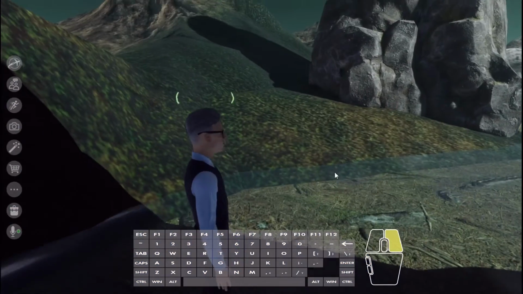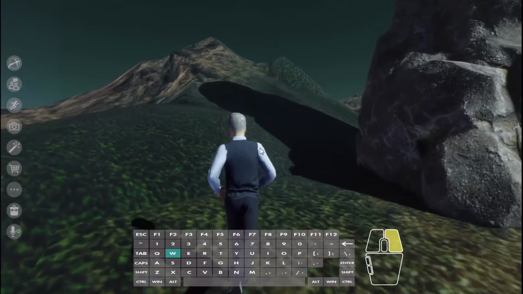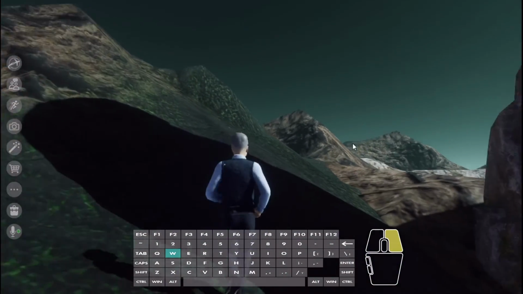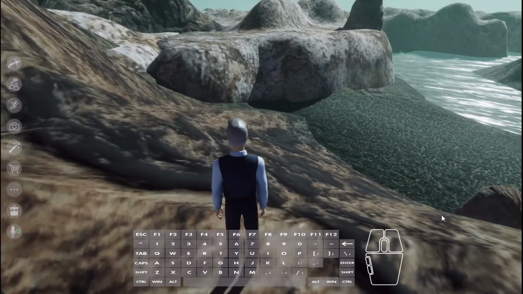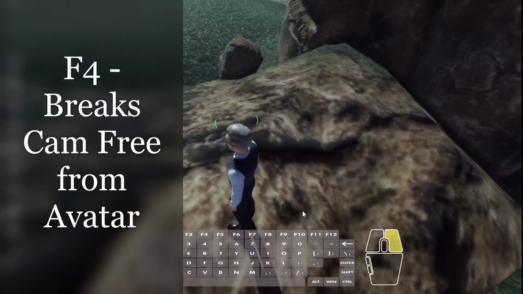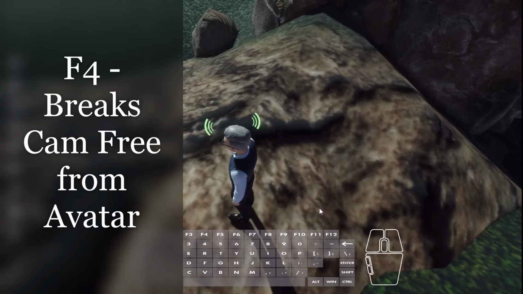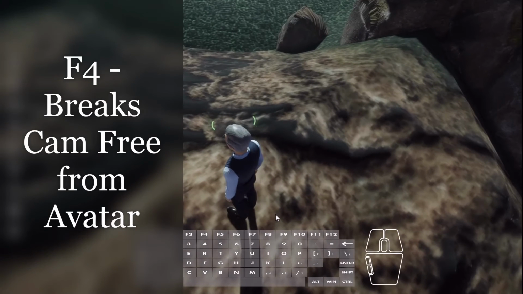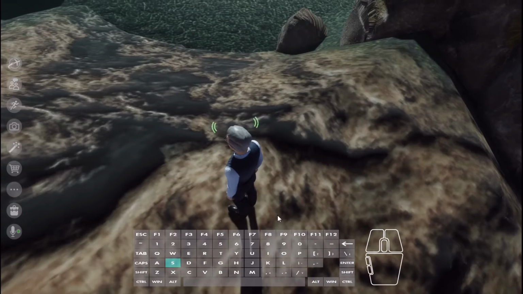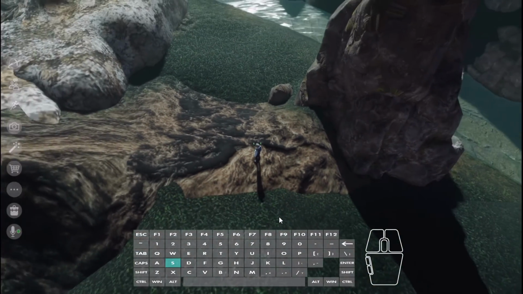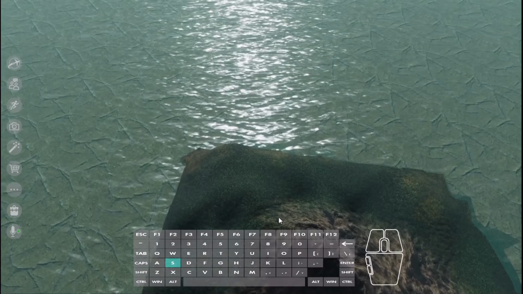So let me exit out of the chat. So let's go run around. Just take a look at how everything looks. Now, okay, folks, I gotta show you this right here. So remember I said F4 will break cam. So let's go ahead and F4. And then I'm just hitting the S. Now I can use the roller on my mouse, the top roller on my mouse, to speed everything in and